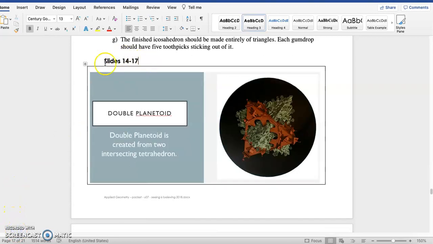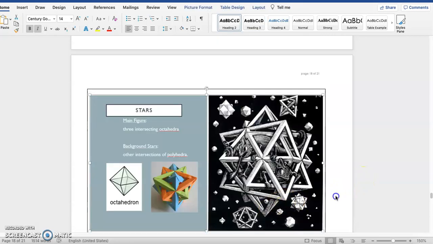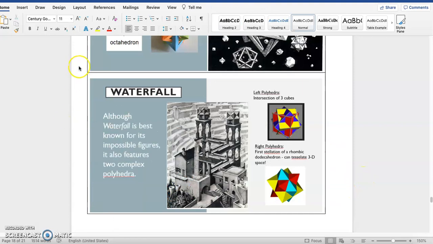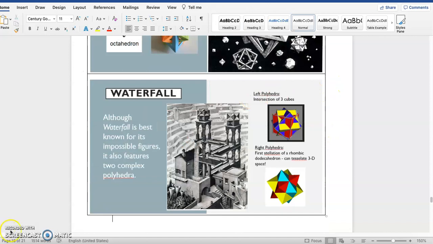The first example in his artwork is this one called Double Planetoid. Even though there's a whole lot going on here, if we zoomed in, we'd see that this actually looks like it's a city with different buildings. This is 2 intersecting tetrahedrons, so 2 of those triangular type shapes that intersect to form this sort of alien city. The next one is called Stars. Let me move back up the page a little bit more. So when you look at Stars